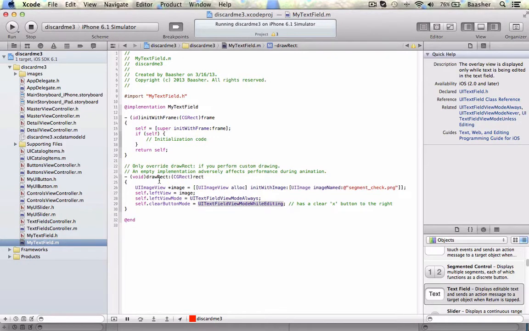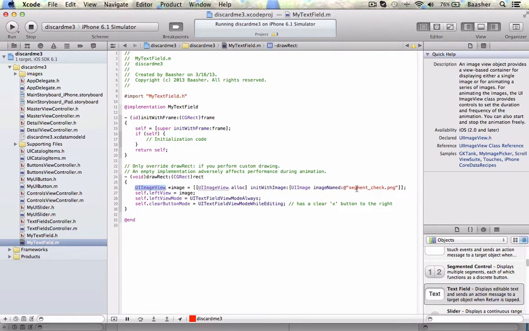Overridden the drawRect method. Create an instance of an image from segment check png. Self.leftView is that image. Left view mode property is set to always, and also has another property called clear button mode. I've set to